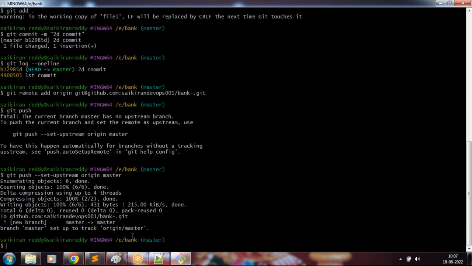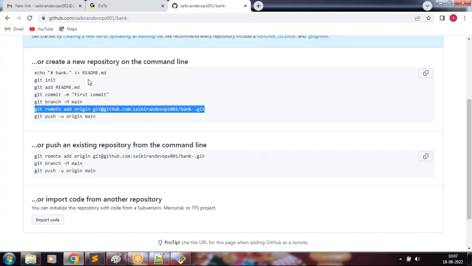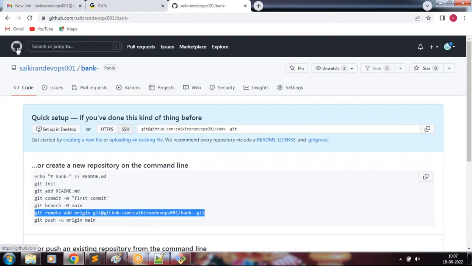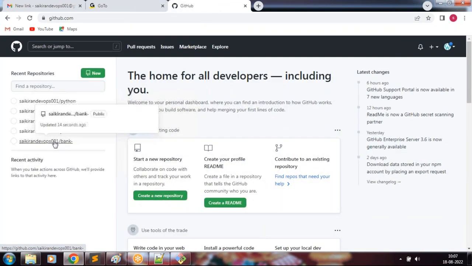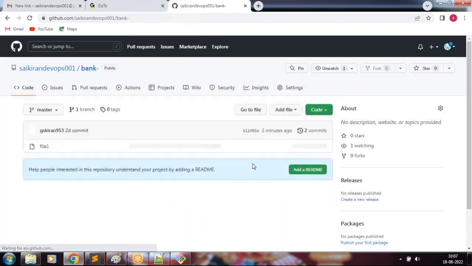See, now my project is in the bank folder. I went to the home directory and let's go to bank. Now, if you check this, I have two commits and I have file 1. So now what I want to do,